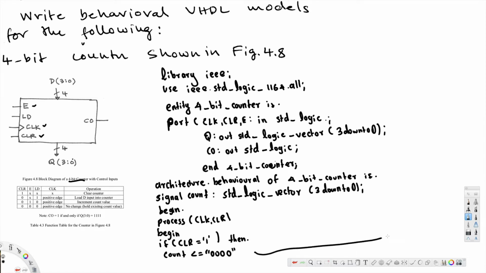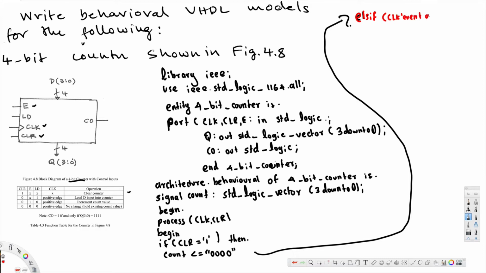Okay, now let's continue the code right here. So this is the first condition. If the clear is 1, then clear counter. Now let's go to the next one. The next one is else if. I use a different color to avoid confusion. Else if clock'event and clock is equal to 1, then